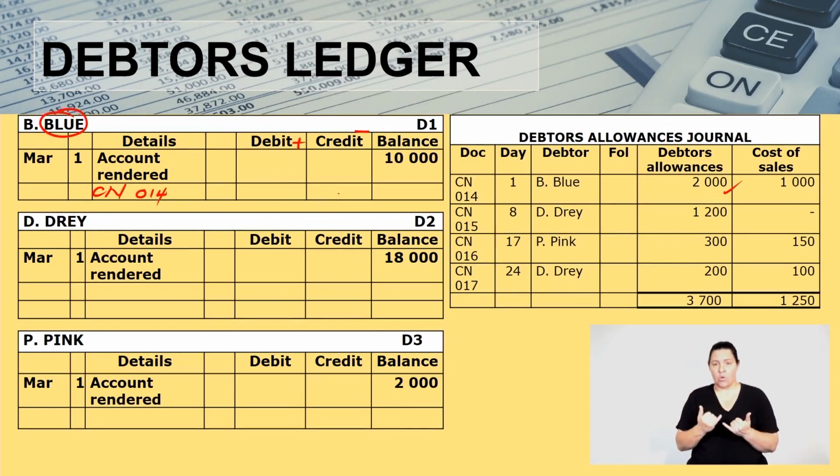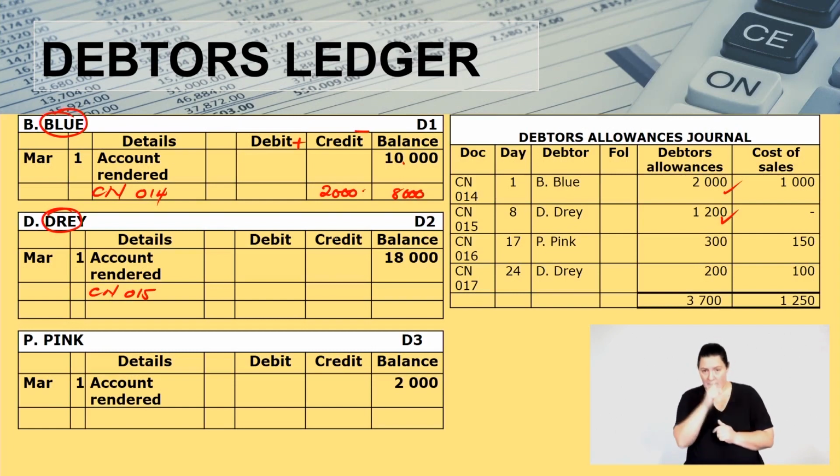So I'm coming now to the credit side. It's going to be 2,000. How much do we have now? 10 minus 2, 8,000. Let's quickly go on to Dre. Dre, you see 1,200 there. So I'm going to have my credit note number 15. Okay, remember I'm coming now to the credit side. How much do I record? 1,200. 18,000 minus your 1,200. How much do you get? You end up with your